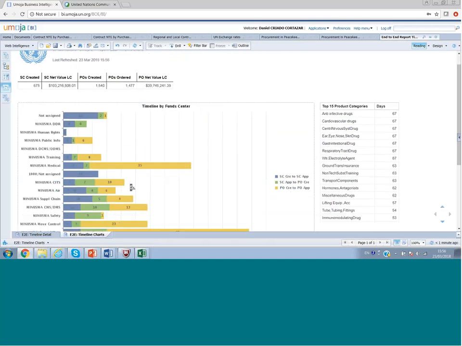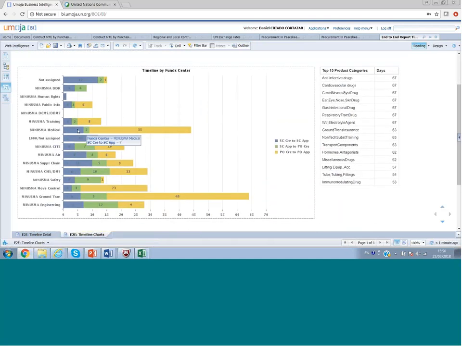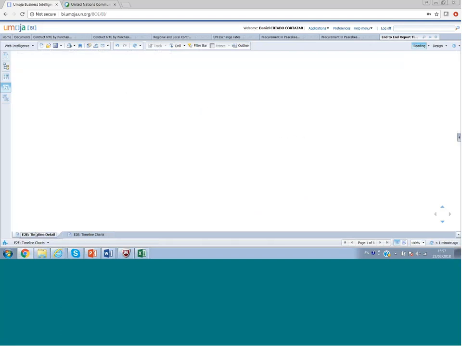Right. So here we do have all the breakdown of the fund centers in Minusma. Now here we can see that in the PO part, the procurement part in Minusma, especially for the ground transportation, it takes an average of 49 days. In comparison with some other fund centers, it's something we have to investigate, right? But if we go to the details,